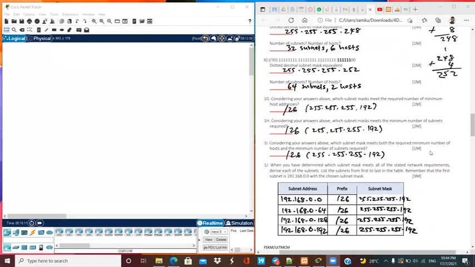192.168.0.64. This is the second subnet. The two borrowed bits from the host portion to become part of its network portion is 01. The prefix is /26 and the subnet mask is 255.255.255.192. Therefore, the range of addresses is